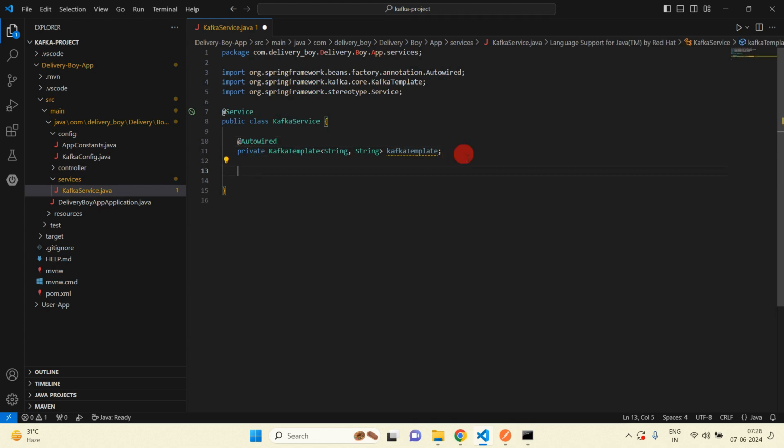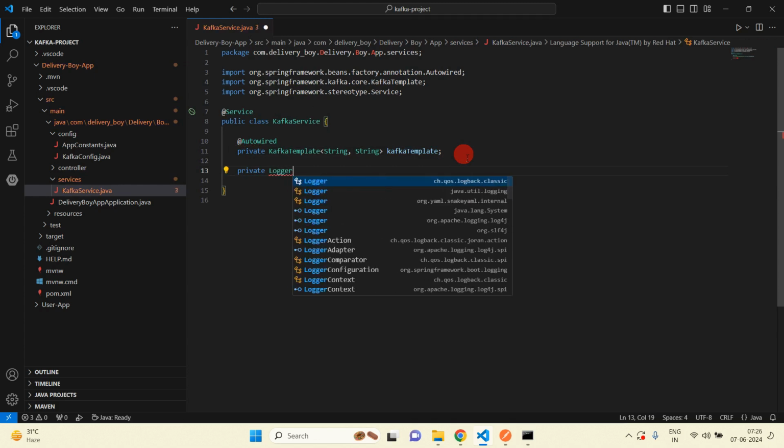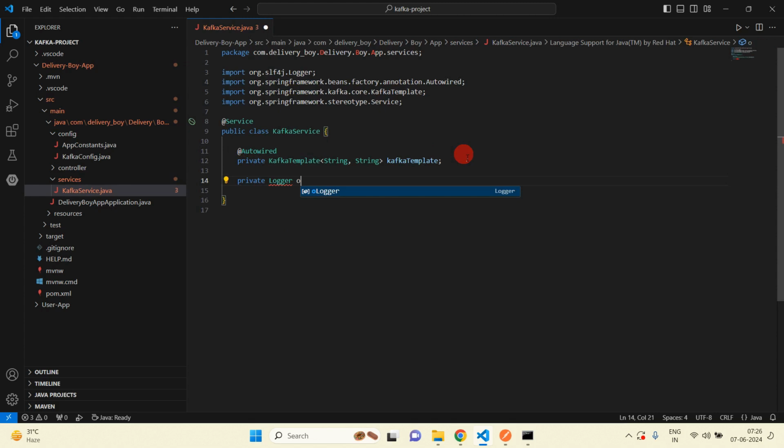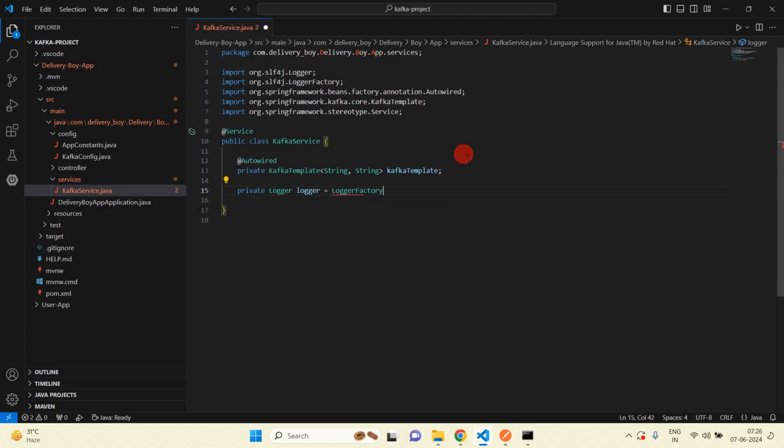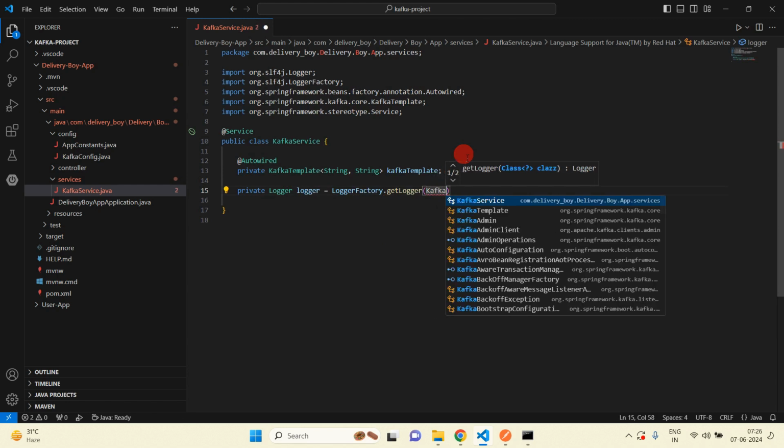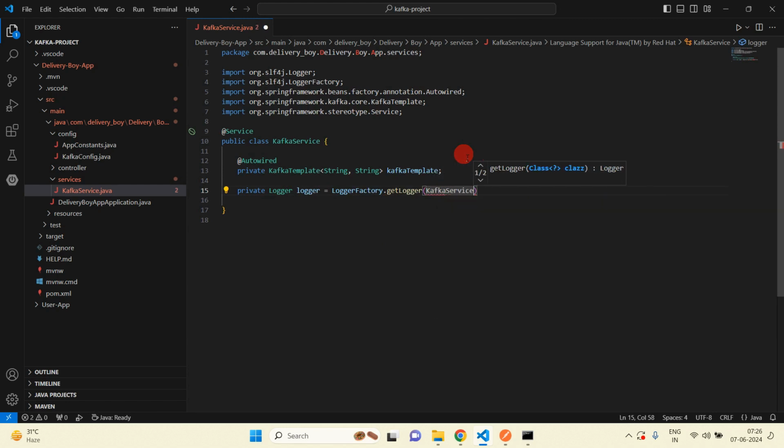After this we will take one more variable for logs of this class. So just use Logger, and then use LoggerFactory.getLogger, and then we'll have to pass the class for which we want to get the logs.